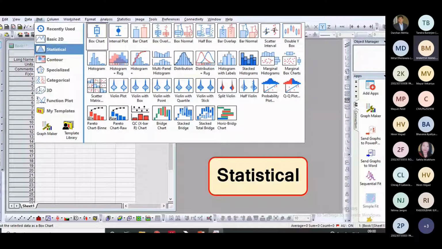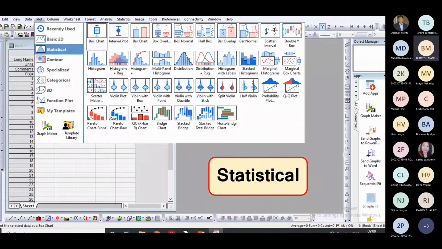Many other types of charts are available which people generally do not use. But if one can use them in a research paper, it will create a good impression on the reviewer, because research papers are a very important part of MTech and PhD studies.